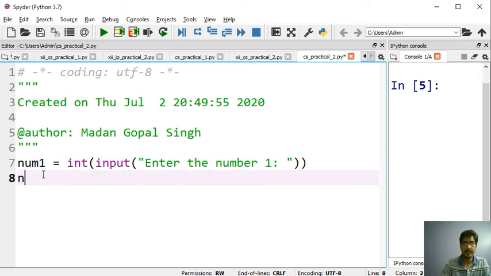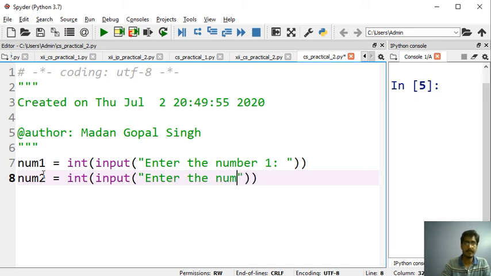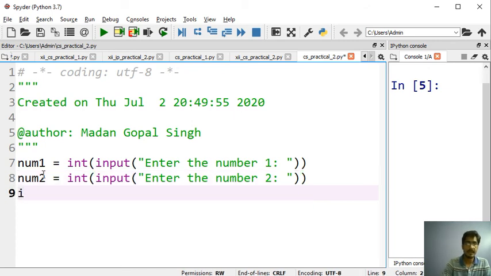Then we will write the same statement to take another integer input, enter the number 2. Now we will write the if condition.